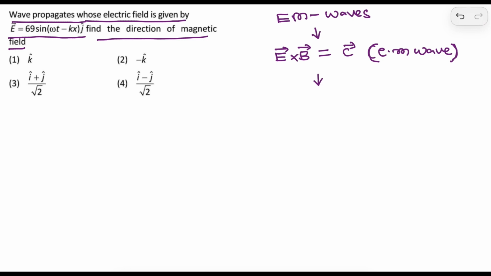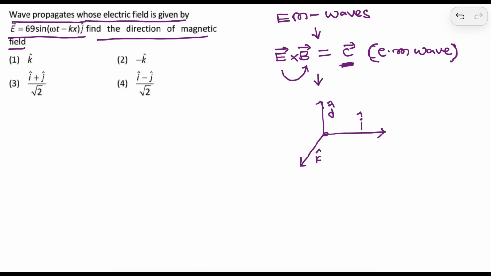Okay. And next, first we need to draw X, Y, and next one is the Z. So X is the I cap, this is J cap, and Z is the K cap. If you write E bar cross B bar, that means the electric field is rotating towards the magnetic field. E bar cross B bar must be the C bar. This we need to remember.